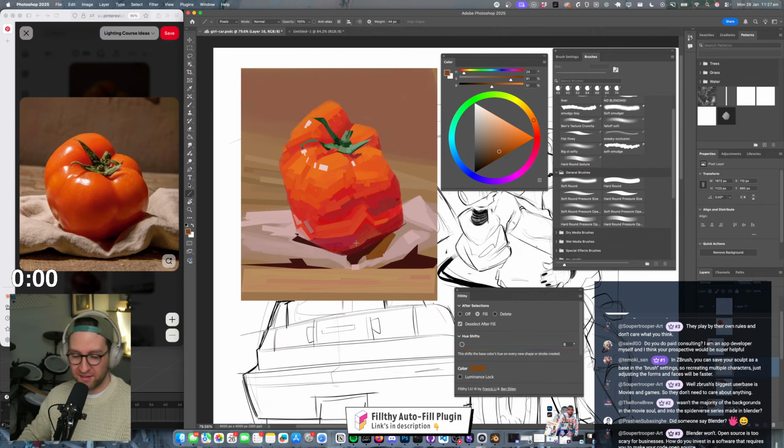They're like, we need very specific things. It's fascinating. He goes a little bit deeper into how that sort of works. Wasn't the majority of the backgrounds in the movie Soul and Into the Spider-Verse made in Blender? Maybe, I don't know.